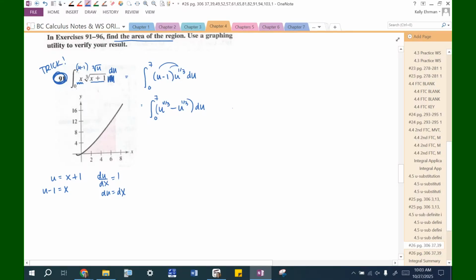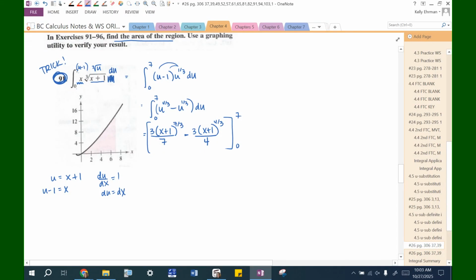And I can integrate each of those terms separately. So if I do that, instead of u to the 4/3, u to the 4/3 becomes u to the 7/3, but I'm going to go ahead and put x plus 1 back in. And then it would be times 3/7 minus u to the 1/3 becomes u to the 4/3, putting the x plus 1 back in. Instead of divided by 4/3, times 3/4,